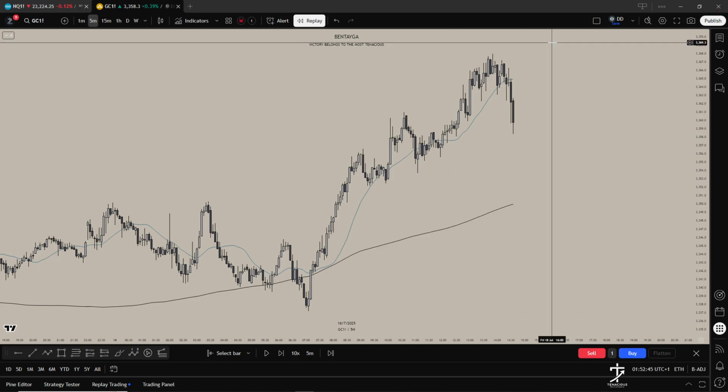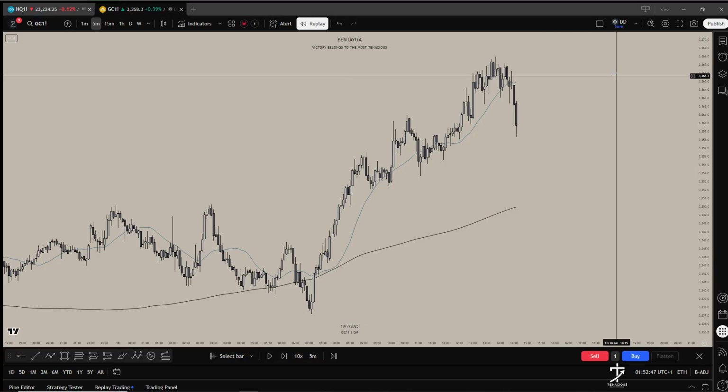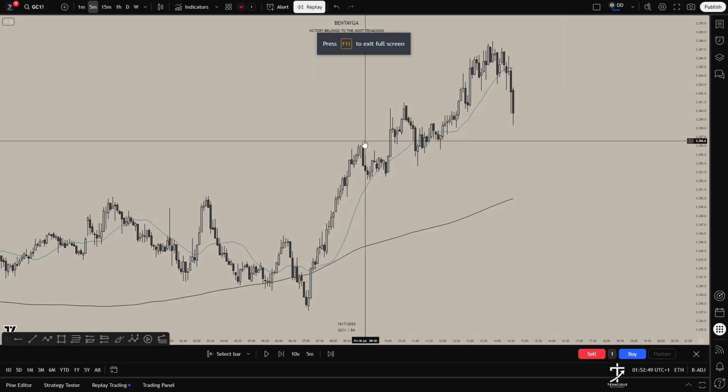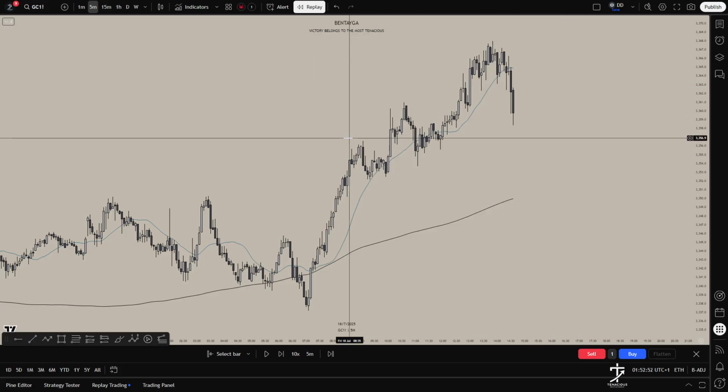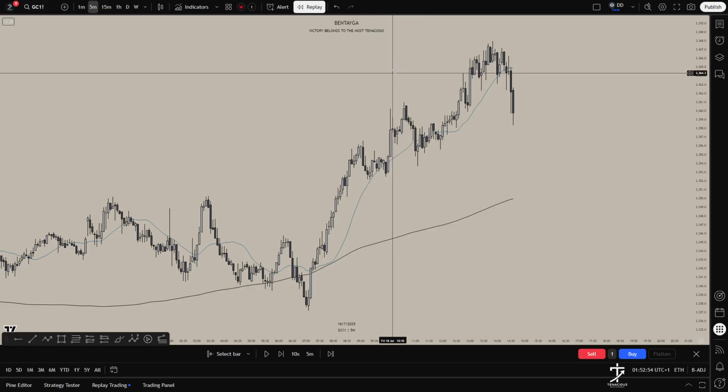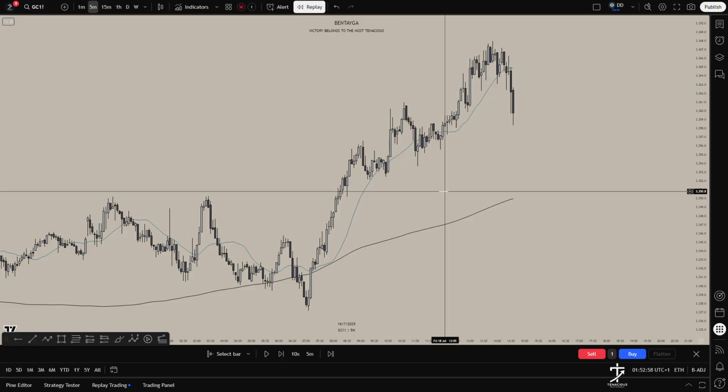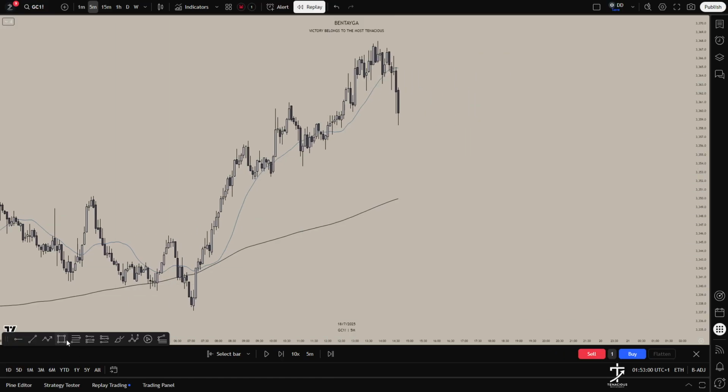So I'm just going to go over today's potential trades. I'll be completely honest, there wasn't much going on with gold and also NQ, but let's just get through it. So this is my most recent zone,